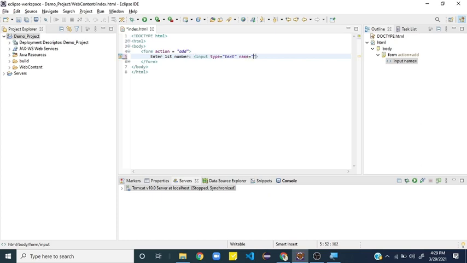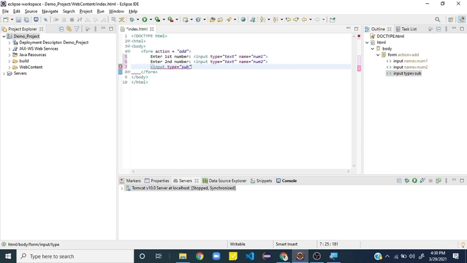Let me give num1. Let me copy this and change this to num2, and this is my second number. Now I need a submit button. Again, we have to use input, and you can say the type as submit. You can close the tag. Alright, so quite simple one.